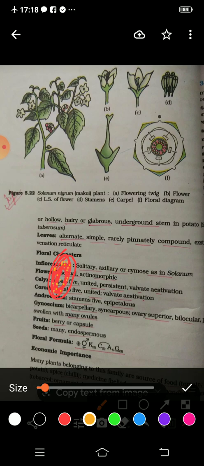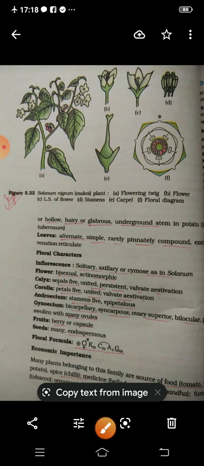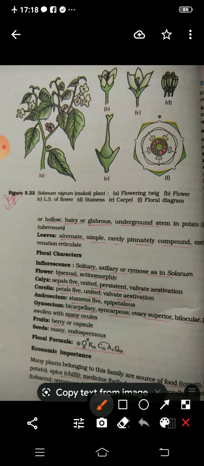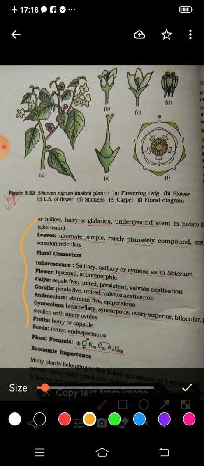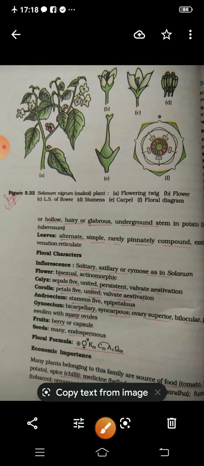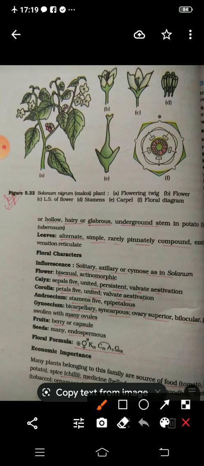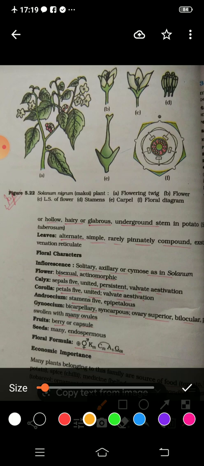And now we have to write the floral formula with the help of this description. Which description? This description you have to keep in mind, and you have to write the floral formula. Now see how we can write the floral formula. If we read all the description which we have discussed earlier, and make our floral formula, then first you have told that the flower is actinomorphic, so you have to draw